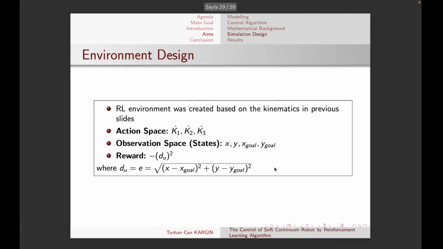And now the most crucial part is designing the RL environment. This is a key point because we need to design a good environment so that we can achieve our goal. The RL environment was created based on the kinematics from the previous slides, and we chose the action space